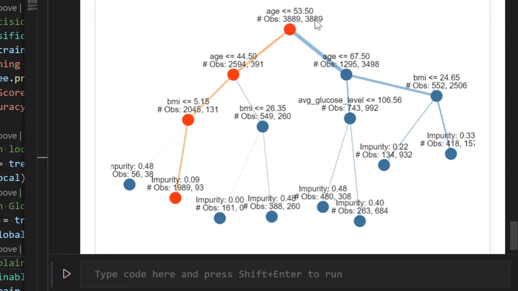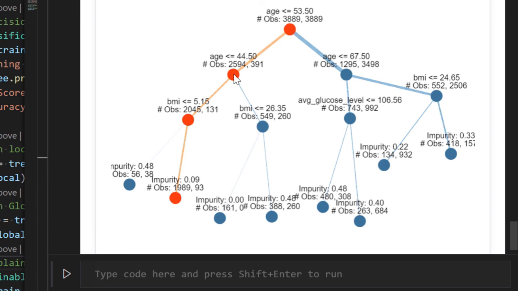These numbers of observations are very important. It indicates that at the root node we have an equal number of records for class 0 and class 1. The first value indicates the observations or instances for class 0 at this node, and the second number indicates the observations or instances for class 1. At the root node we have an equal number of both class 0 and class 1.